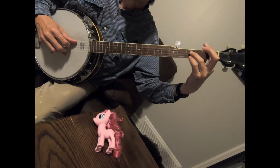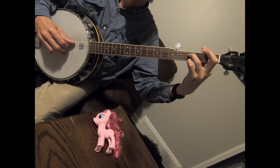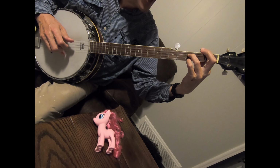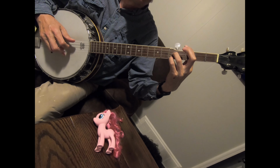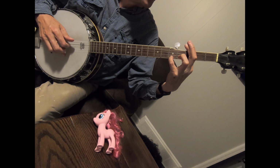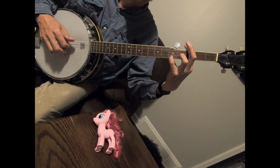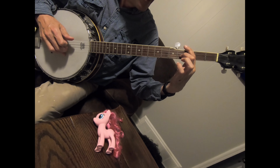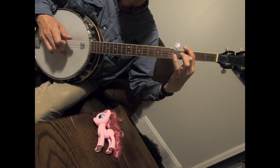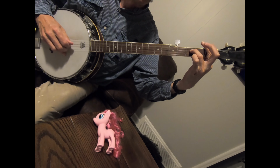After you got this position, the melody goes like this. 4, 3, 1, and then you slide that 1 up to the 5th fret. Lift your finger off the third string, which is already now barred on the 3rd fret. And then you put your finger down on the 2nd string to get that 4th fret. So it's...